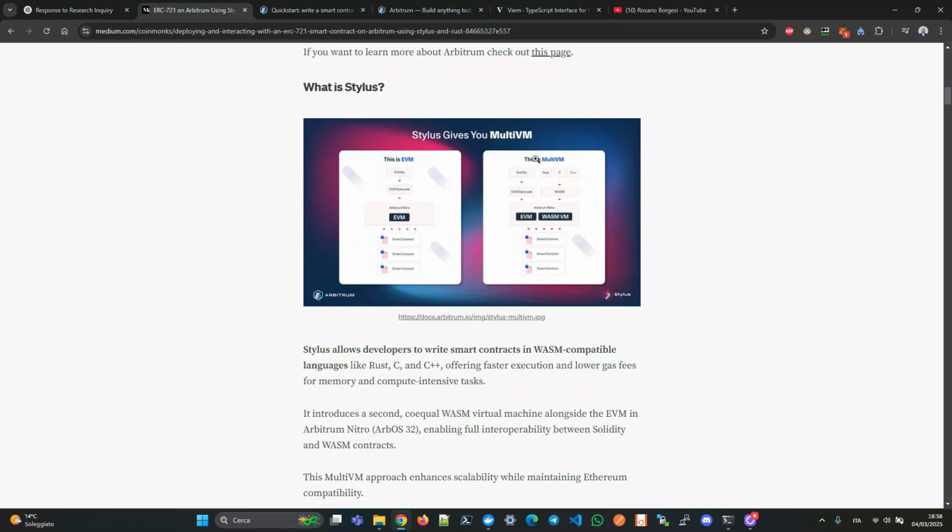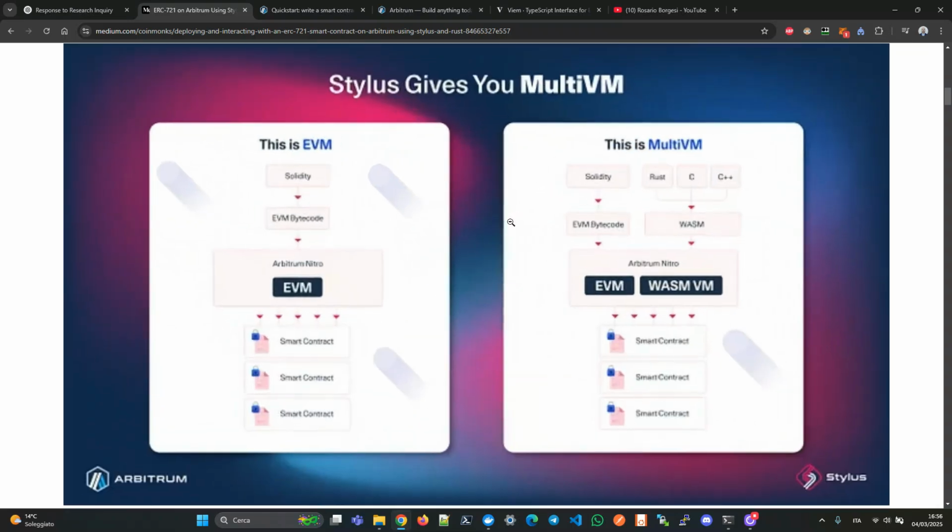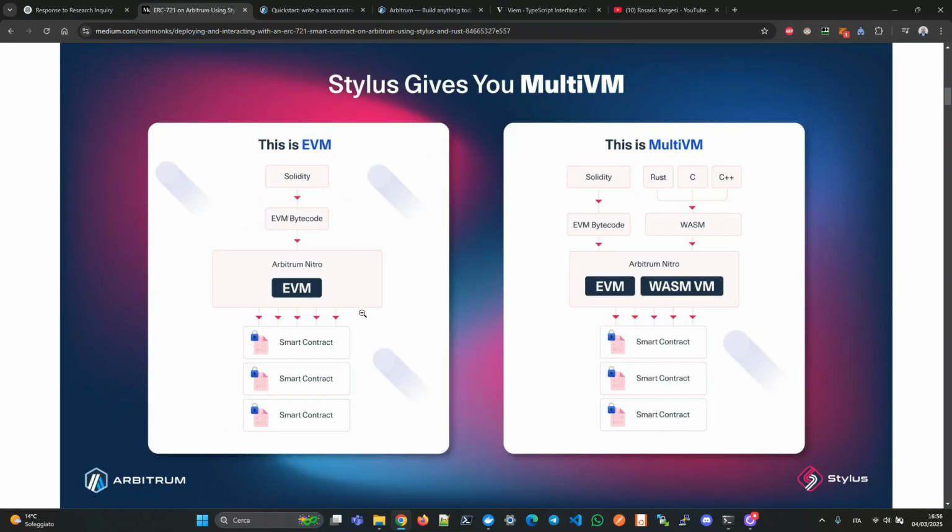So this is the basic difference between a typical EVM which only supports smart contracts in Solidity, which are then compiled in EVM bytecode, and then